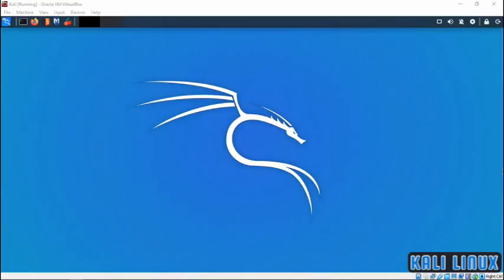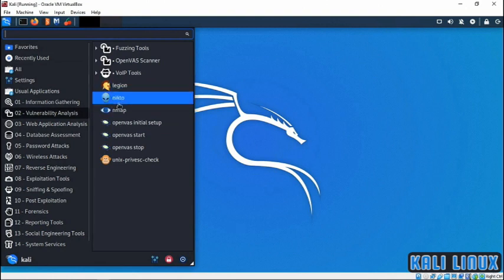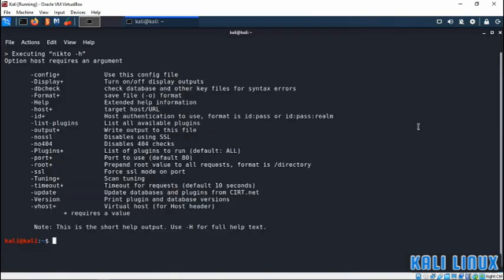Nikto is a fairly simple tool for web scanning. It appears in the top directory of the vulnerability analysis menu. Let's take a look at it. Nikto is used to identify which vulnerabilities exist in the underlying web server. Selecting Nikto presents a terminal window and shows its various options. I'll run Nikto against my Metasploitable host by typing nikto